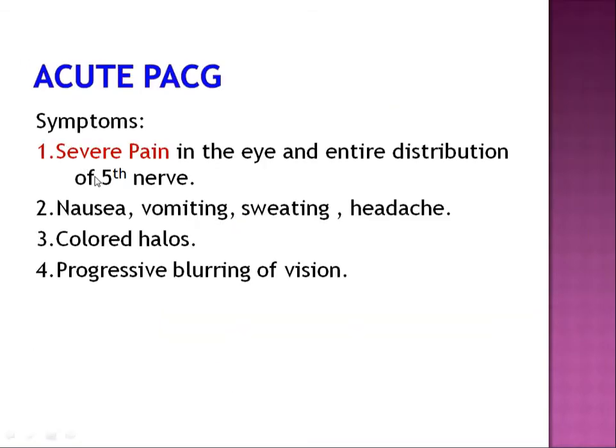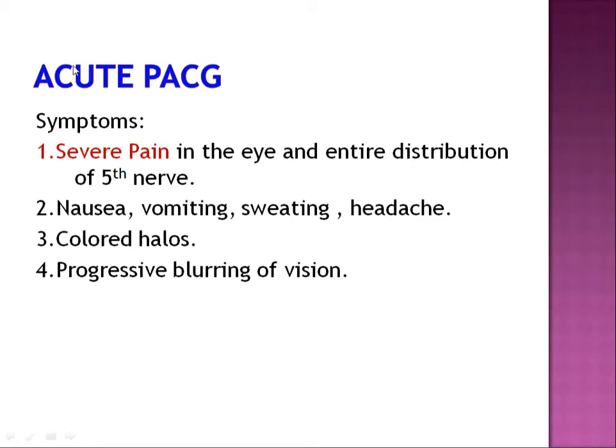So the patient will be in very severe pain because the intraocular pressure rises to something above 40. The patient will have a sudden rapid rise in intraocular pressure. This rapid change will cause severe pain in the eye, to the extent that the patient develops severe pain along with nausea, vomiting, and a lot of headache. Sometimes these patients will land up with a physician complaining of pain and headache. If you ask the patient in particular for symptoms, the patient will tell you that he's able to see some colored halos around the bulbs or around the lights. And over a period of time, there will be progressive blurring.